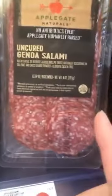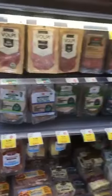They have two different kinds here, so this one's organic and then this one's not. If it's not organic, they're going to be feeding it grain that is sprayed, so just keep that in mind. I'm not getting any of that today, but I did want to point that out to you guys. And then coming this way,